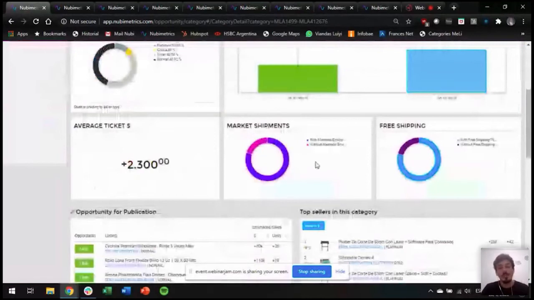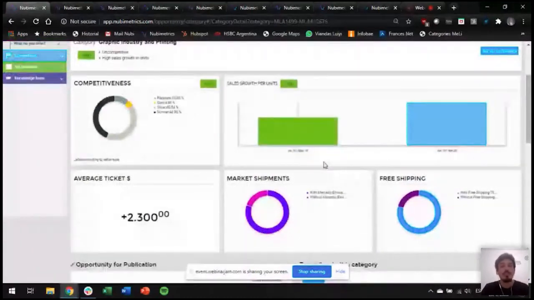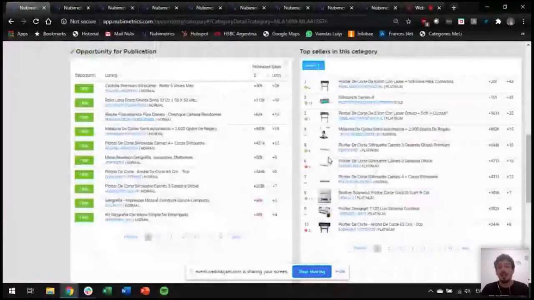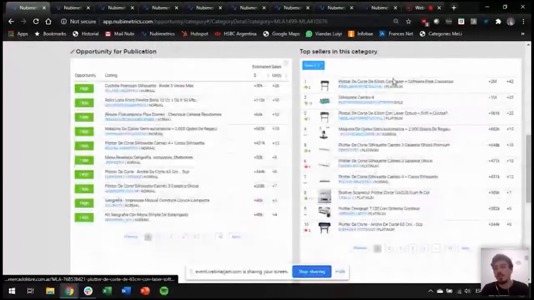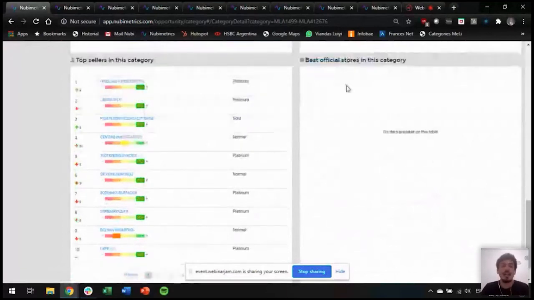And here in this detail, you will have all of the main information from that specific category, and you will eventually end with, okay, which are the opportunities for every publication, which are the best-selling publications over here. You will also have the top sellers and their ranking and their medal over here. And in case there are official stores. In this case, this category does not have anything. Okay, so to